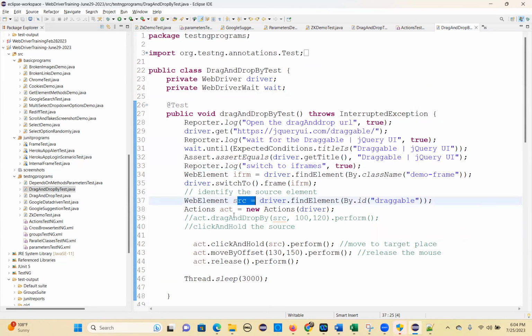That source element is the only one needed in drag and drop by. And so create the Actions class object, and then actions dot